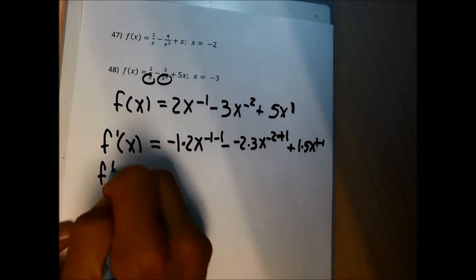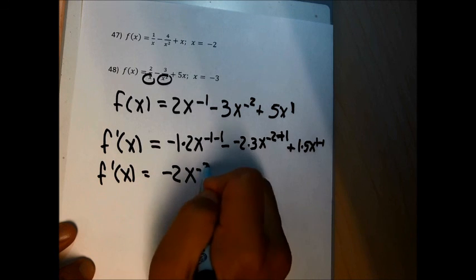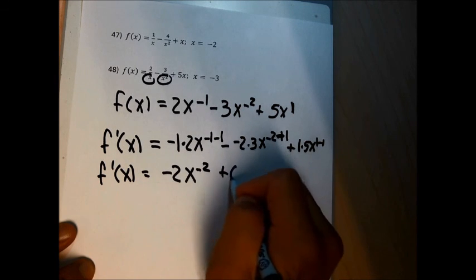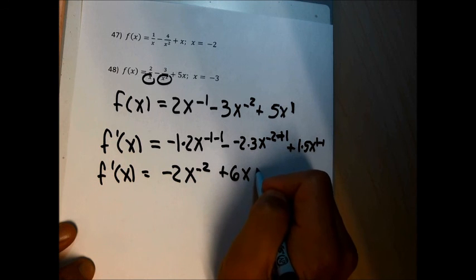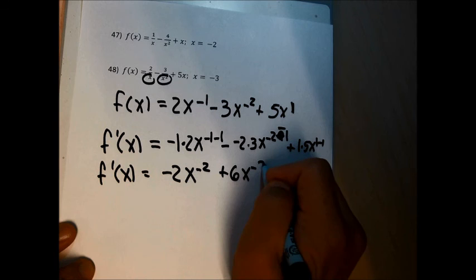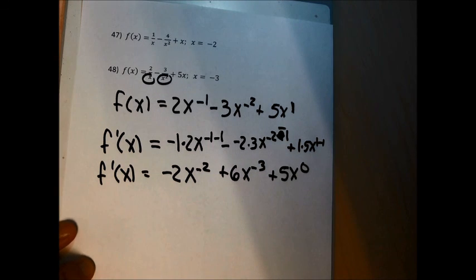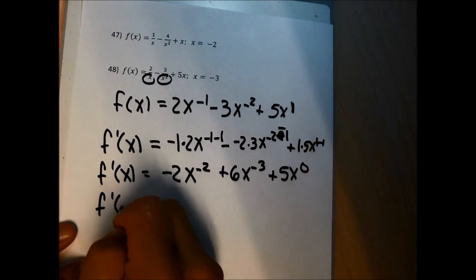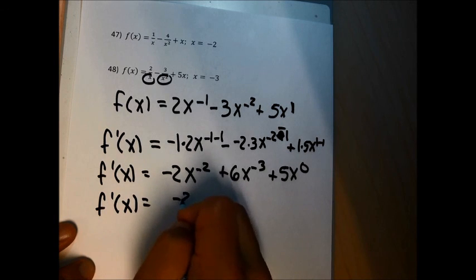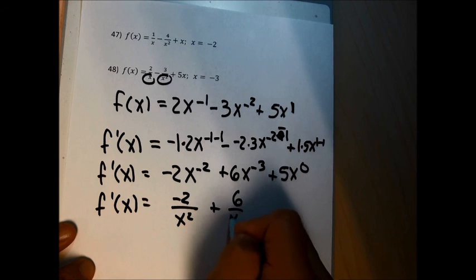So I get f prime of x equals negative 2x to the negative 2 plus 6x to the negative 3 plus 5x to the 0. So this is going to be f prime of x equals negative 2 over x squared plus 6 over x